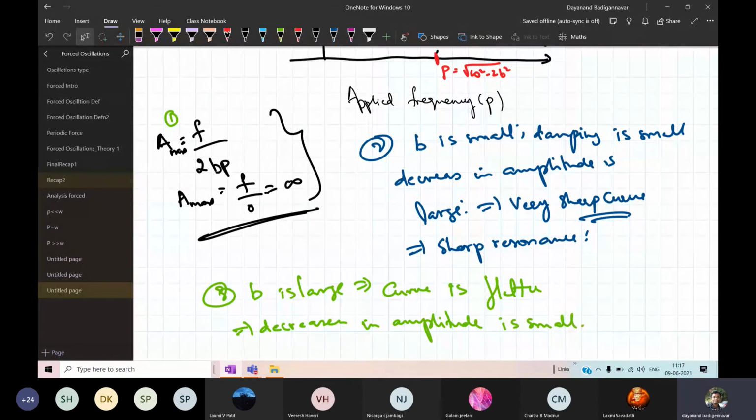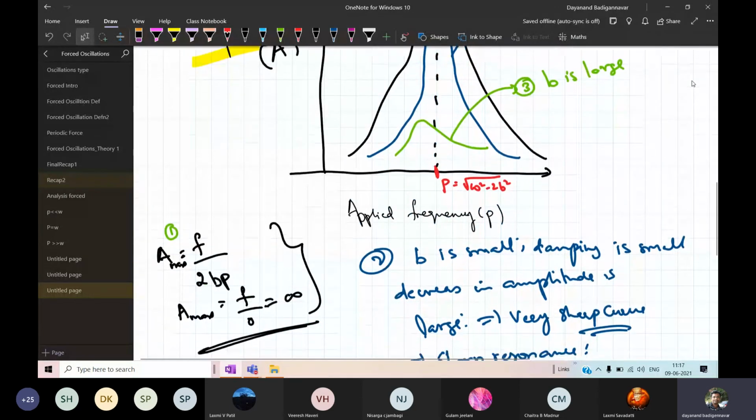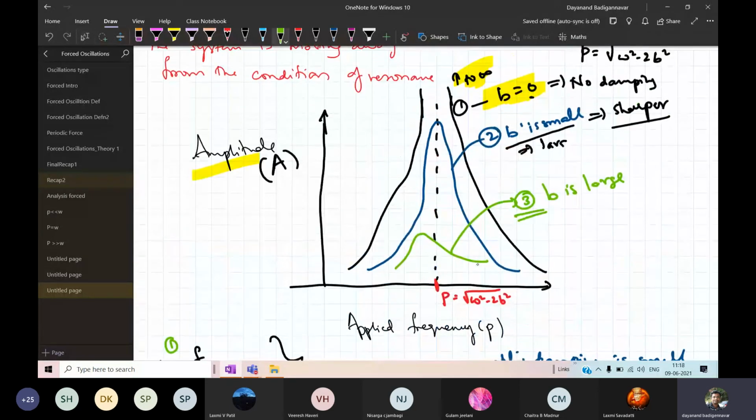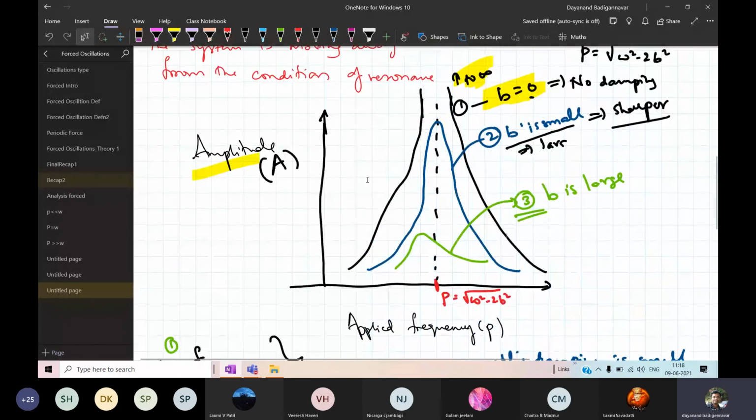Okay. So from this curve, we can make that. Look at this. The sharpness is not there. B is having a large sharpness. B is equal to infinity, it is having b equal to 0. The sharpness is very, very high, it's infinity. So therefore, from this curve, I can make it out whether there is a damping, not damping, or it is 0. If I get it, you can easily make it out.